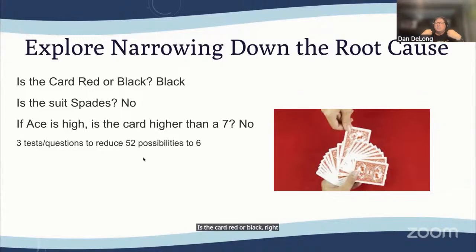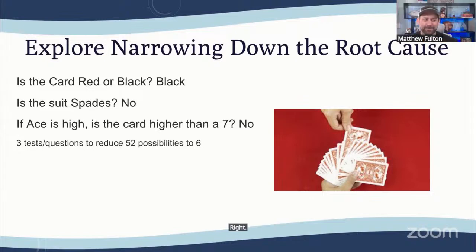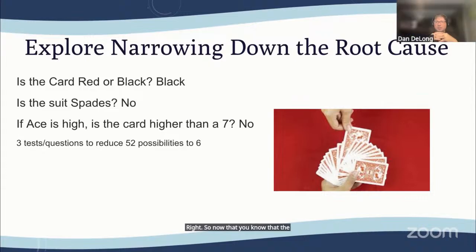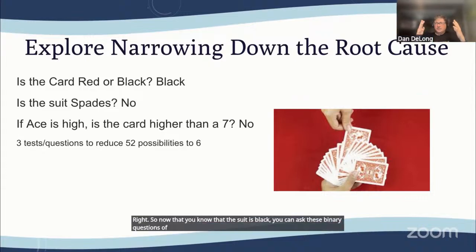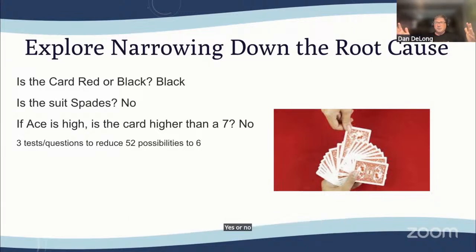If the answer is black, you've eliminated 26 possibilities. So now that you know the suit is black, you can ask these binary questions, like, is the suit spades? Yes or no gives you the same amount of possibilities, because if they say no, then it's